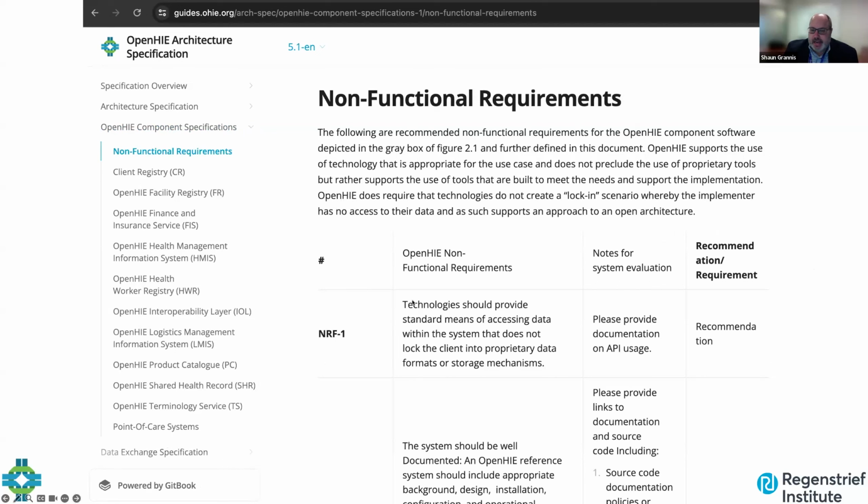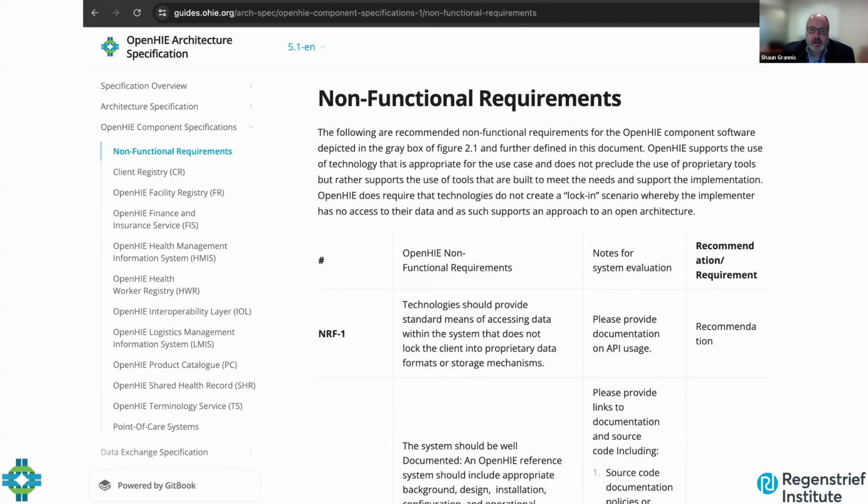So we expect, just by way of example, that the technologies in OpenHIE should provide a standard means of accessing the data that doesn't lock individuals into proprietary formats, etc. So that's an example of a non-functional requirement. It should be well documented. That's another non-functional requirement. So just to give you an example, those types of requirements are there as well. And again, you can dive through that at